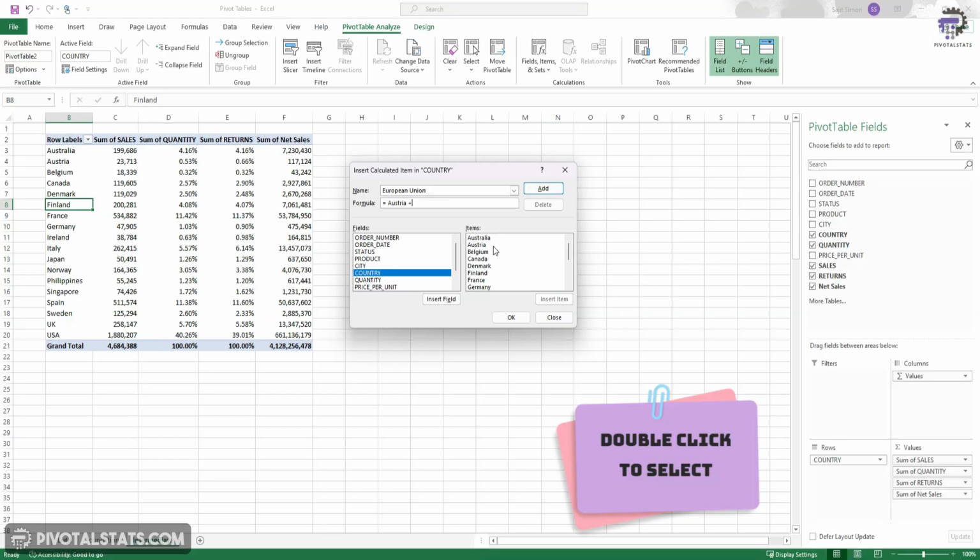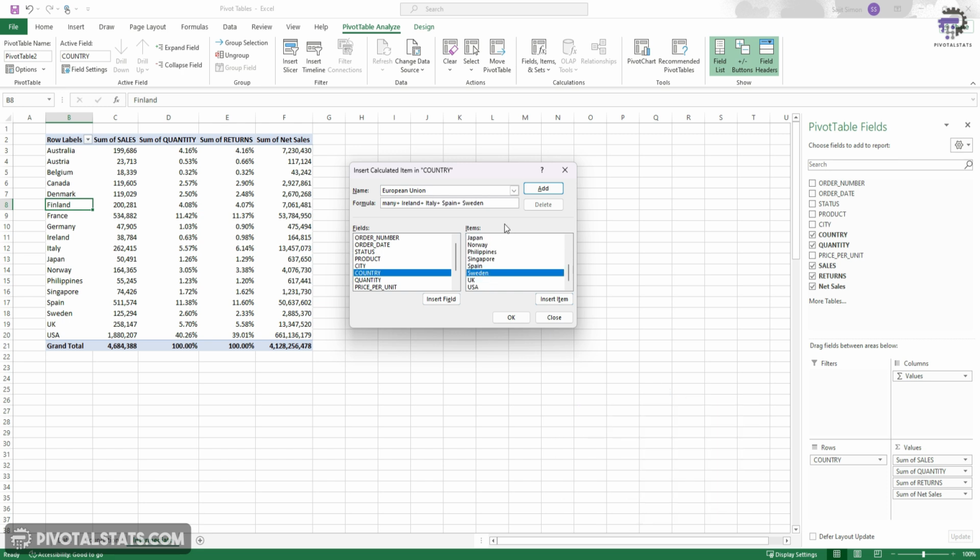A plus sign because we are adding everything up. Belgium plus Denmark. Okay, so now I have added all the countries which are there in EU. I'm going to click on add. This will add the new created group into our pivot